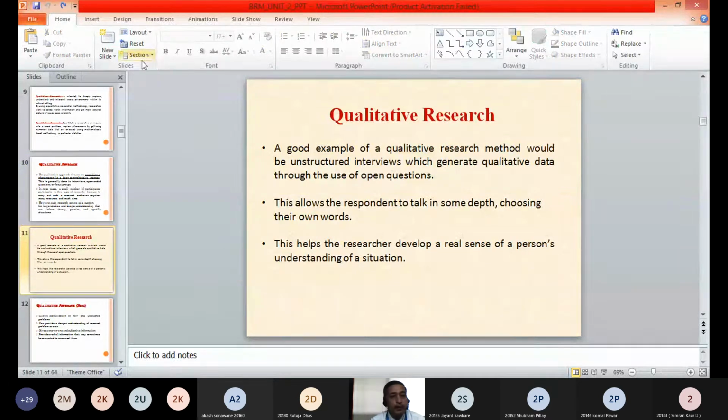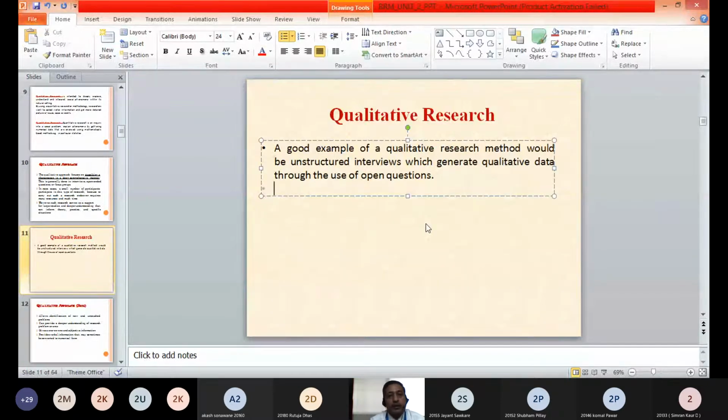Again, going ahead, we will take the example of qualitative research. A good example of qualitative research would be unstructured interviews. Unstructured interviews means there is no structure of interviews. There may be a personal interview or group interview, and there is no specific guideline, or no specific sequence of questions is given. The interviewer will ask the questions to the group of respondents or respondent in his own way, in the way which he feels appropriate for that particular situation, to get more details about that particular problem.